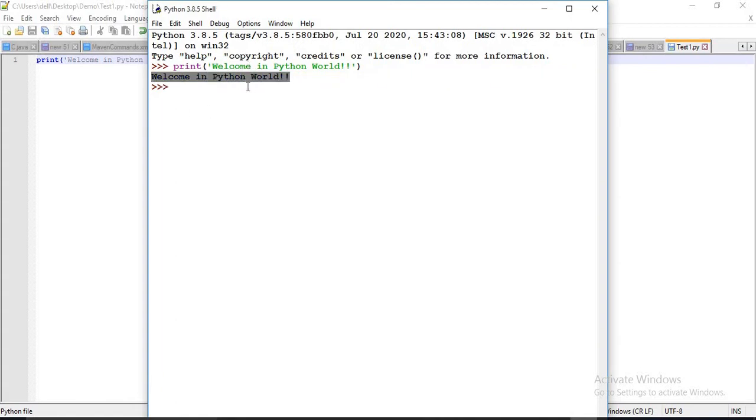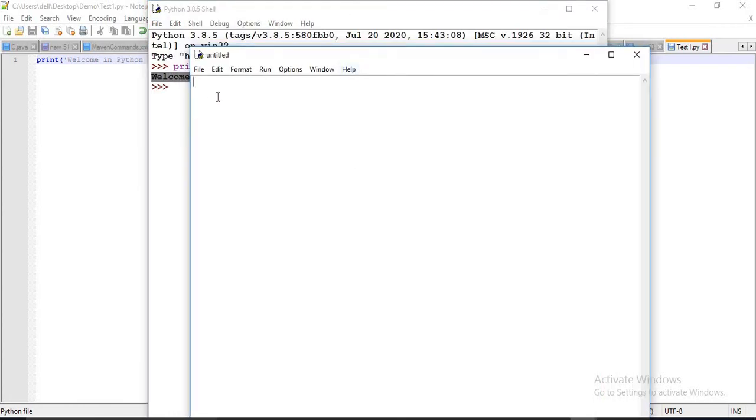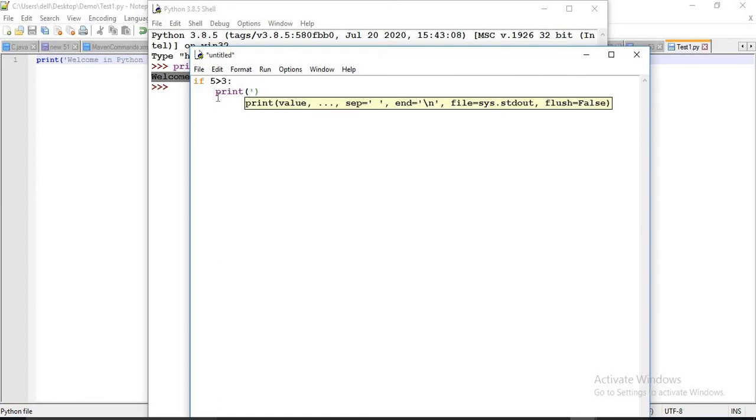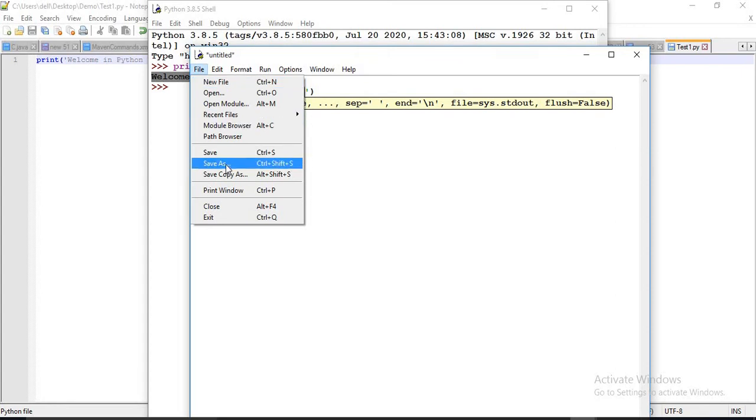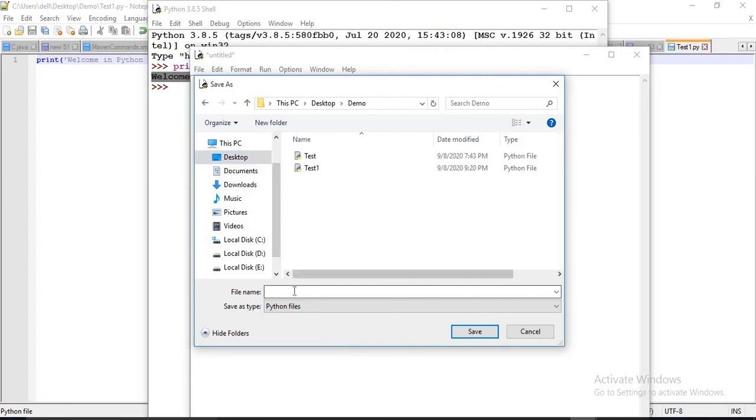But if we want to write a file, then what we will do is go to the File menu, new file, Ctrl+N, and see, just write if 5 is greater than 3, then print welcome. Then we have to save this one, on the desktop, in the demo folder only, as test3.